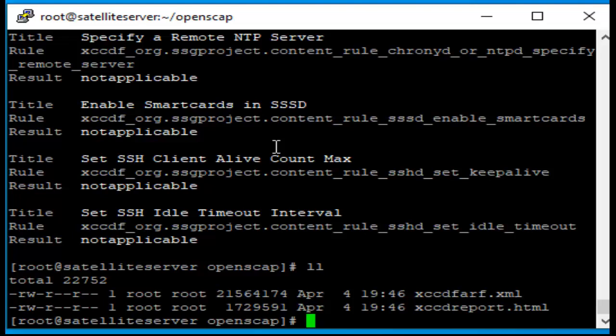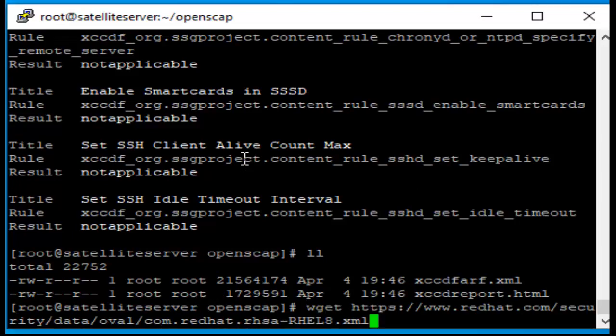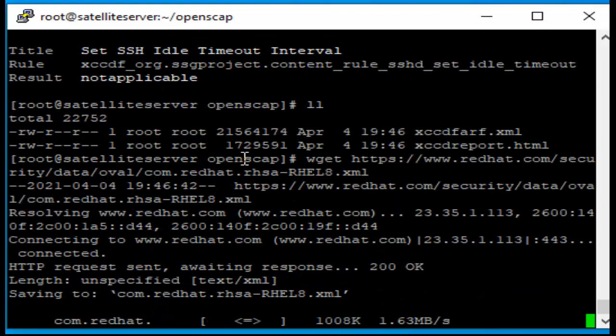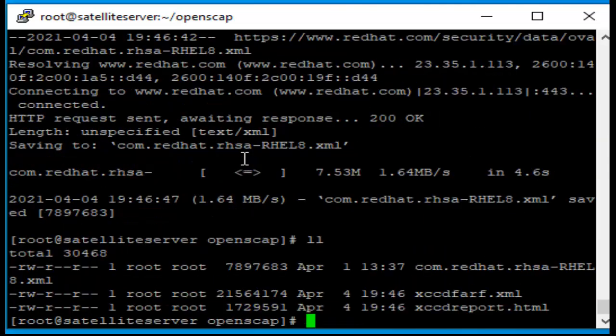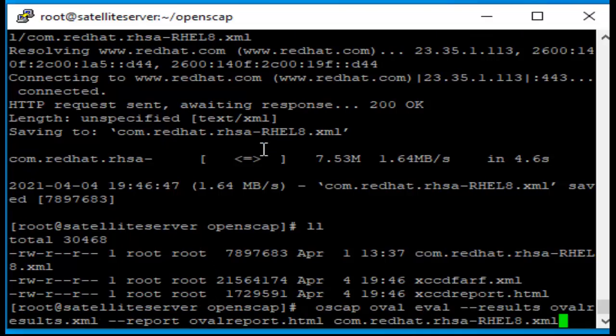Next command is to download the XML file. See friends, here one file is downloaded: com.redhat.rhsa-RHEL8.xml, for the OVAL report, vulnerability detection and patch detection. So this command is for generating the vulnerability detection and patch detection.